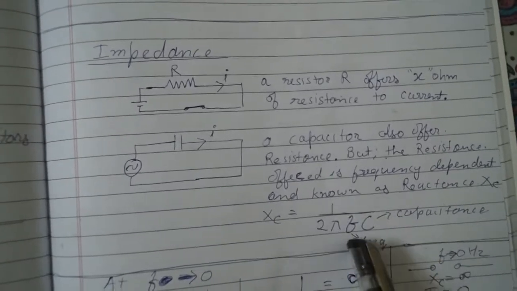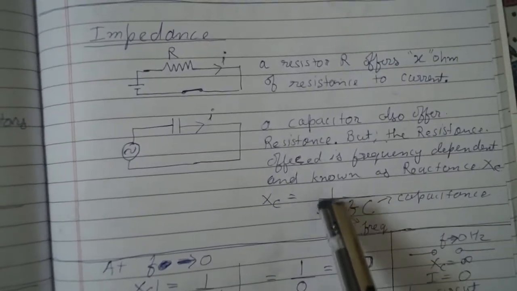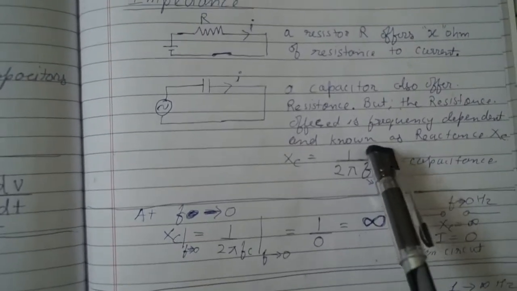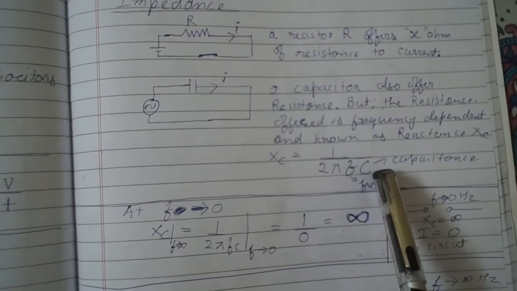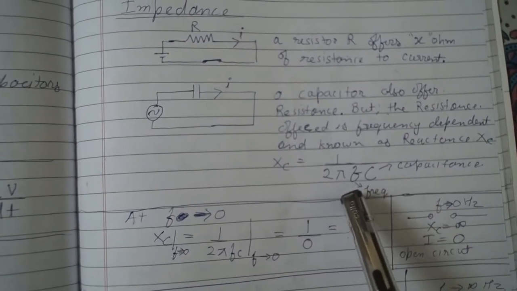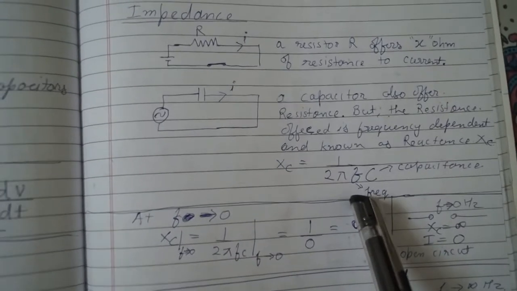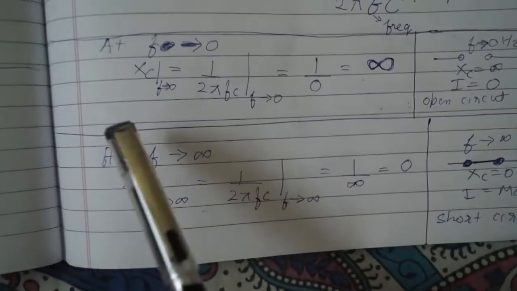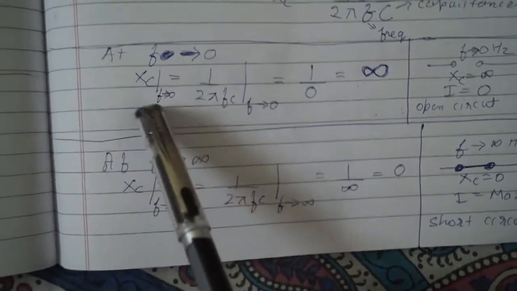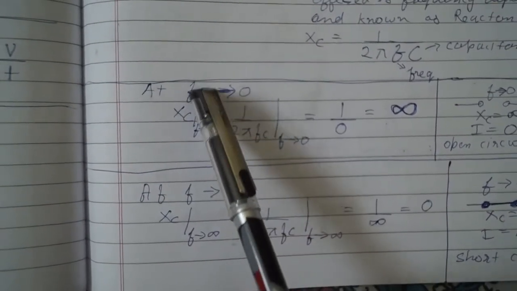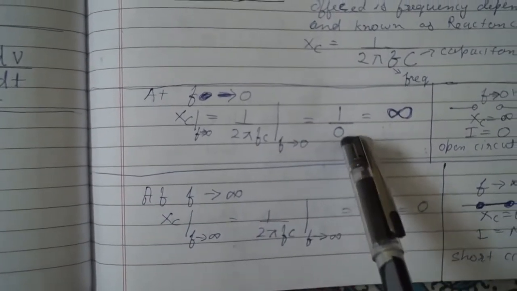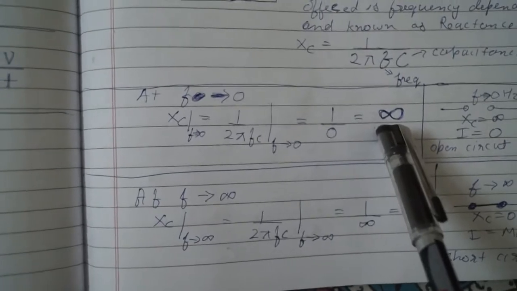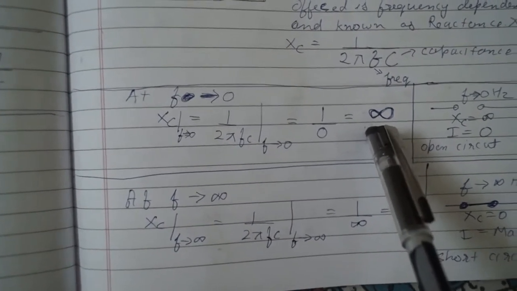Then, as you know, the impedance has a frequency component in it, so its value depends upon the frequency. So 2 is constant, pi is constant, C is the capacitor value, which is constant if you choose it in a circuit. The frequency varies. So at different frequencies, capacitors offer different reactance. So if the value of the frequency tends to 0, then your reactance will tend to infinity, which means it is a very large reactance.